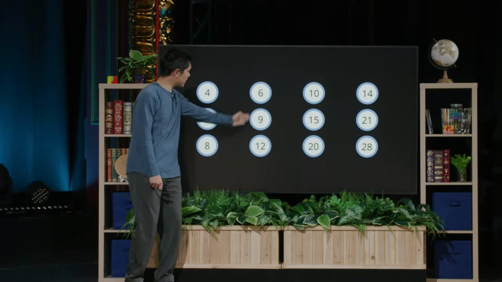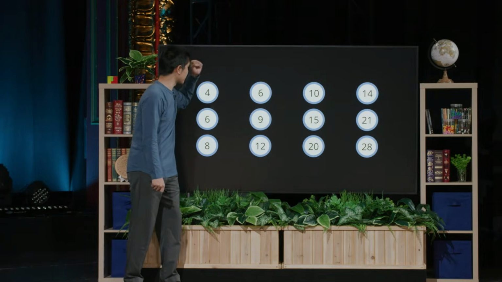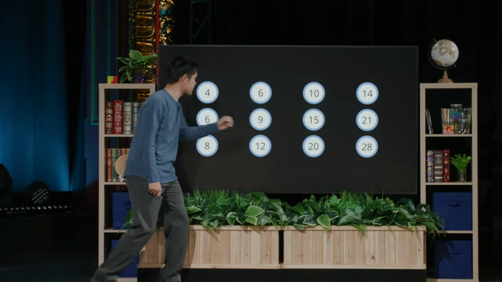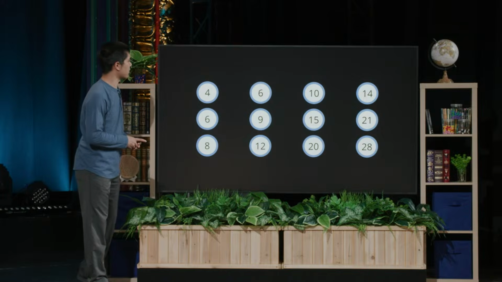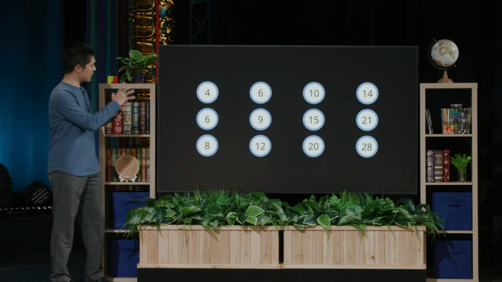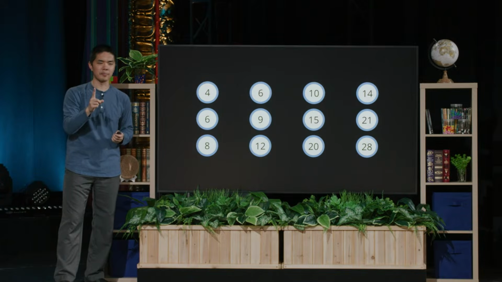Whereas in this column here, all of these values are multiples of 3. So 3 times 2 is 6, and 3 times 3 is 9, and 3 times 4 is 12. And then I have multiples of 5, and I have multiples of 7, for example. So if I was going to try and describe these 3 numbers using just a single number, I might try